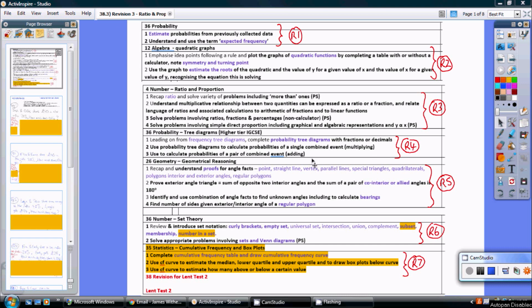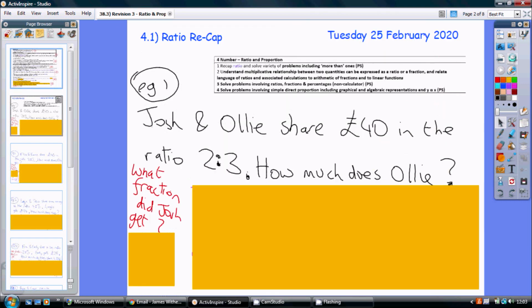Now, good news, I think. Hegarty Maths have been able to sort out the issues they've been having with so many pupils trying to log on. So I'm going to start off just like I've done the other lessons, where you do a few examples on my slides, but then we're going to finish off. I've set you some Show My Homework. I think that's good, because that's going to be an easy way for me to check that you're understanding, rather than just relying on you sending me photos, which I know is a bit of a pain really. So our third lesson, we're going to be revising ratio today, which we did back at the